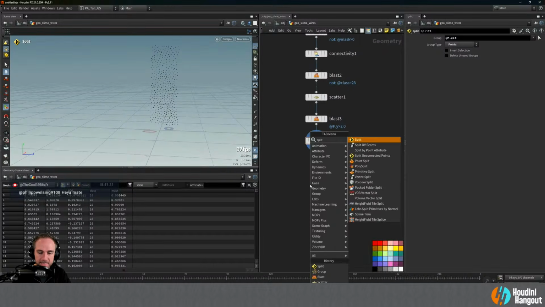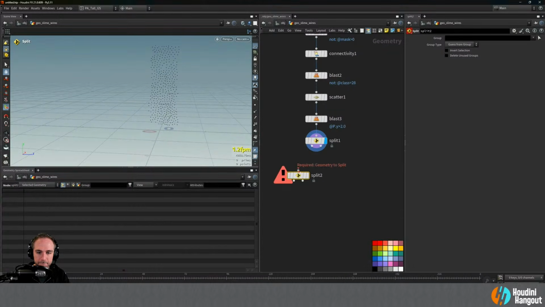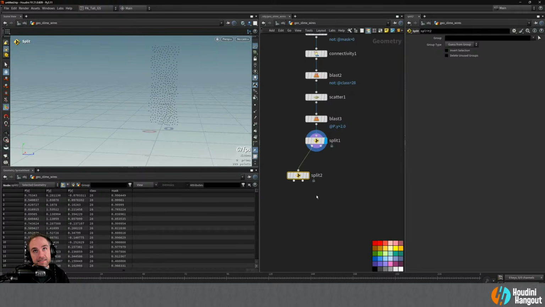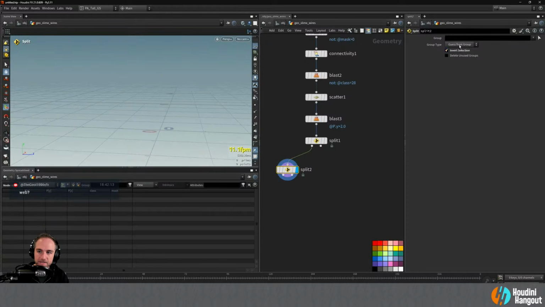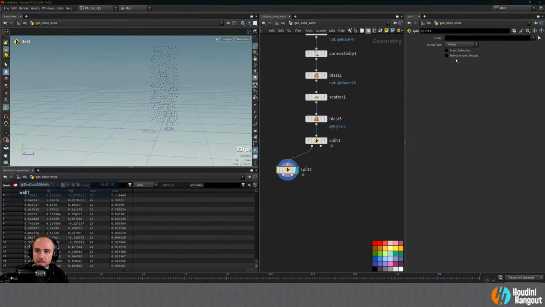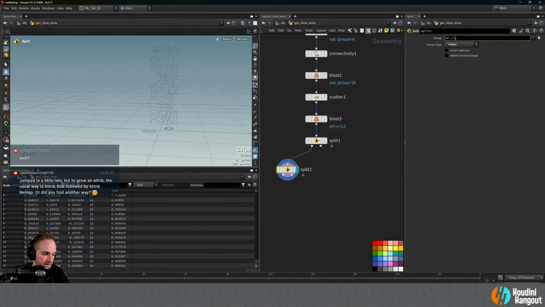So let's do this, and I guess it doesn't really matter. There's so many different ways you could do this, but I'm just going to do this visually so we can sort of see what's happening here. So let's do this now. This is going to be points, and we'll do at p.z greater than,